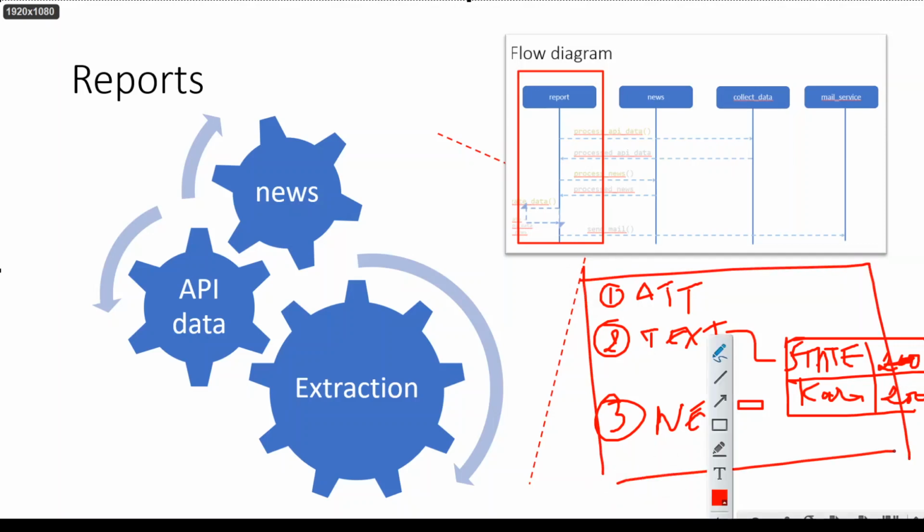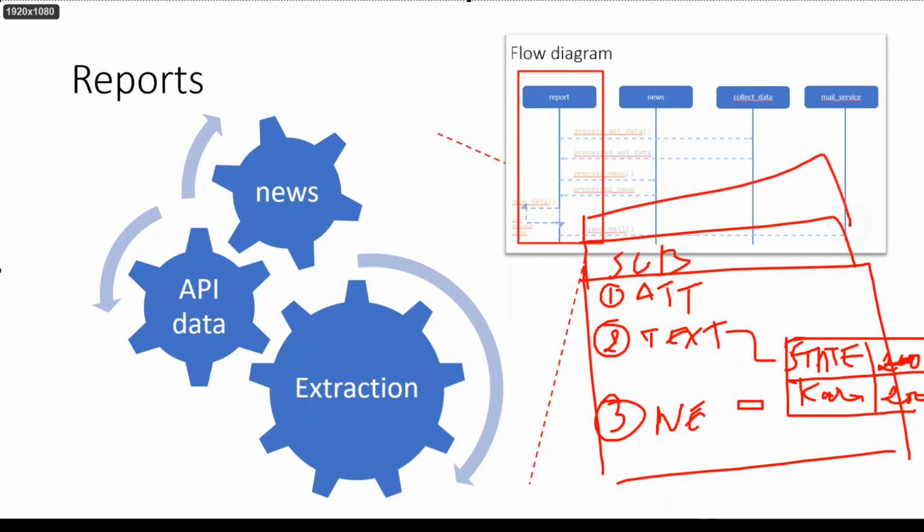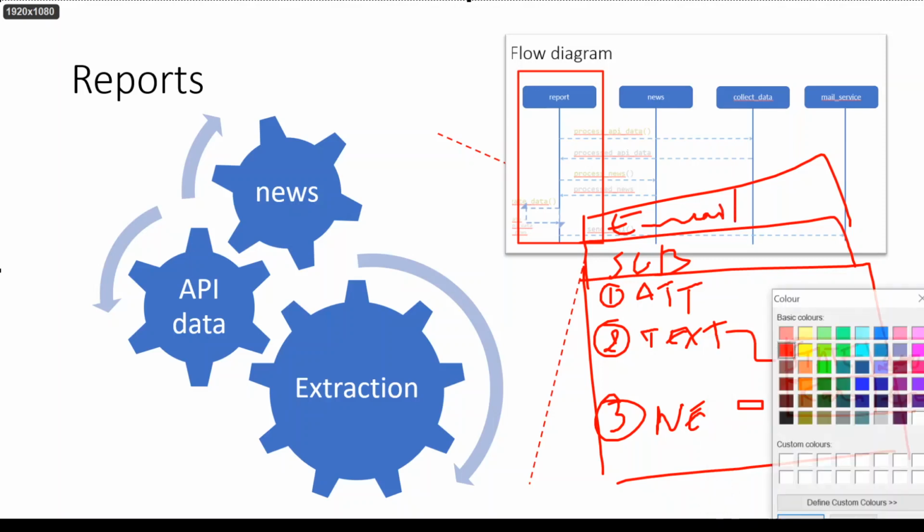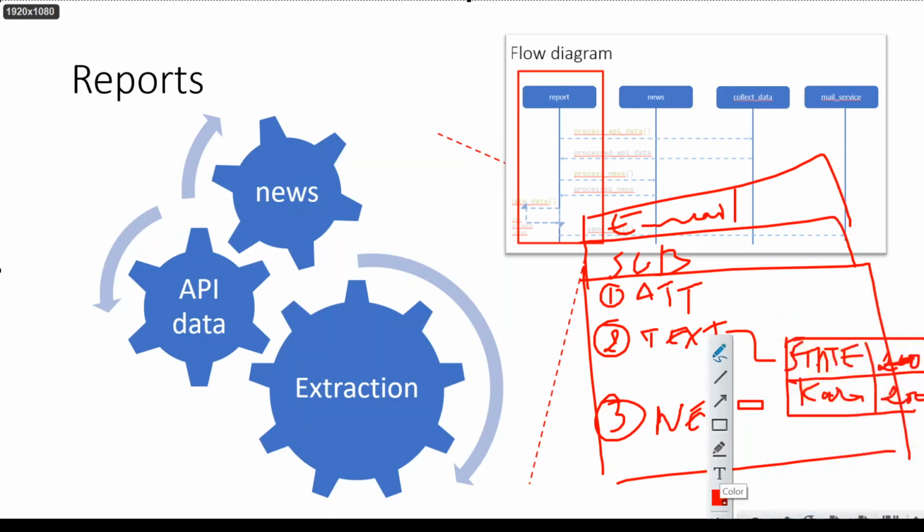And then of course we have a subject line, and we also need to get something from the registration or subscriber data, that is the email address to which we need to send the mail. So this is the core part, those three things, and additionally the subject line. This is exactly what we are going to do.